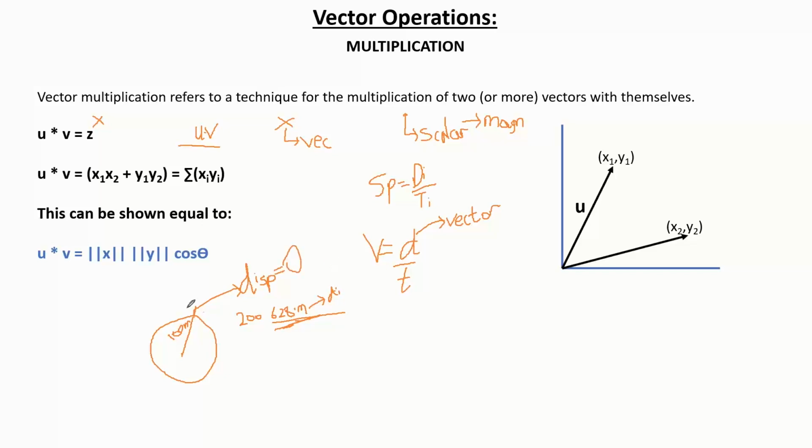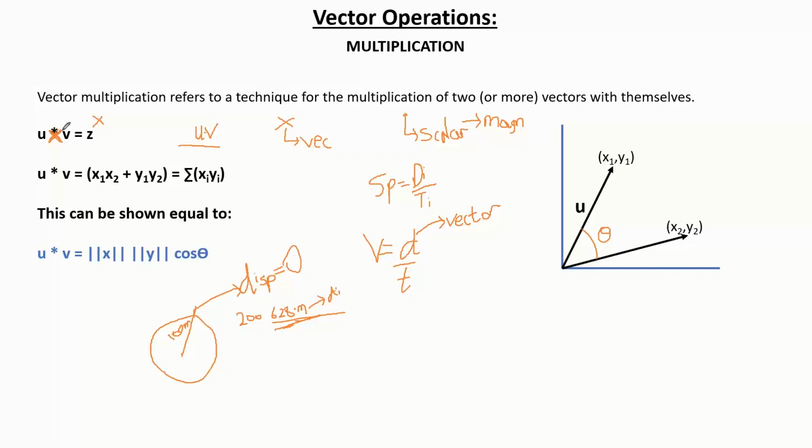Since I am concerned more with displacement because it's a vector quantity, I need to go up with cos. The angle here, this theta, is the angle between u and v. This is the theta. So this is how it works, and u into v, the sign is this thing. I didn't find it on the keyboard, so I put it like this. I could put x, but it is showing some curve, so you would be wondering how u x v equals z, that's why I put the multiplication sign.